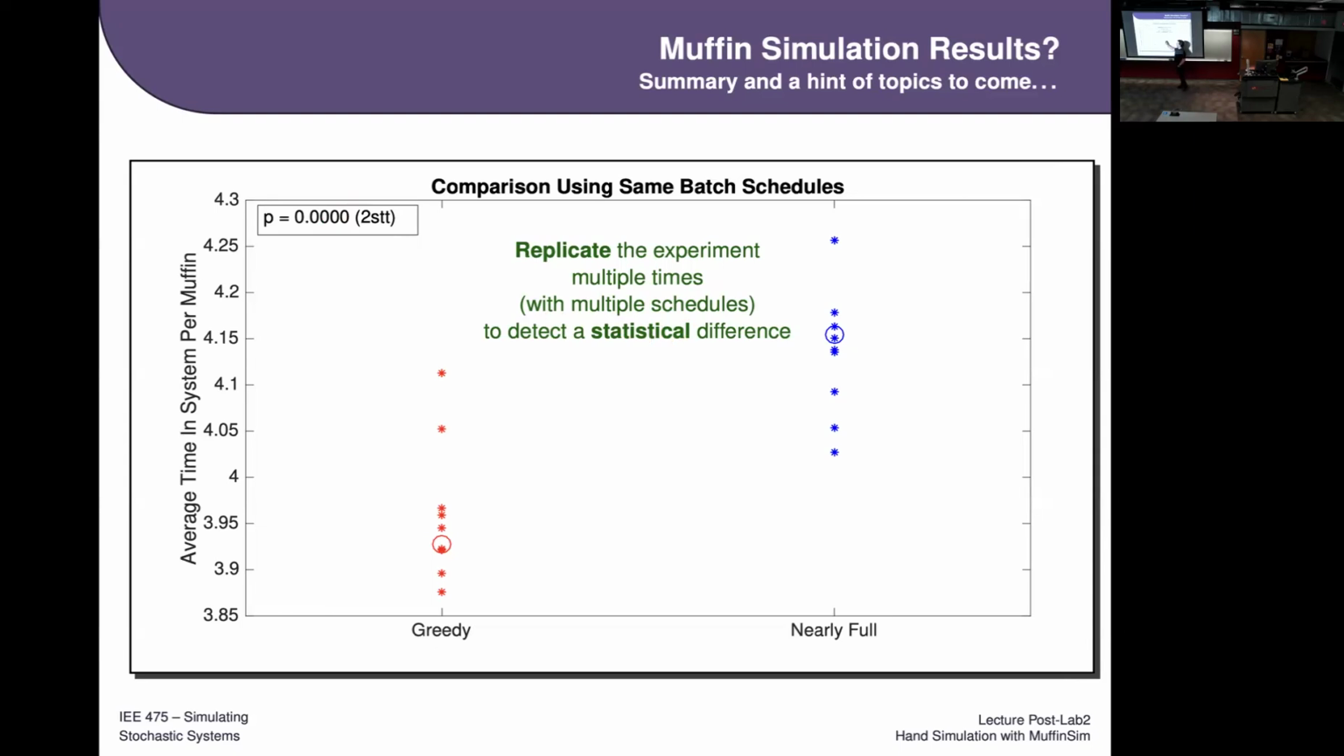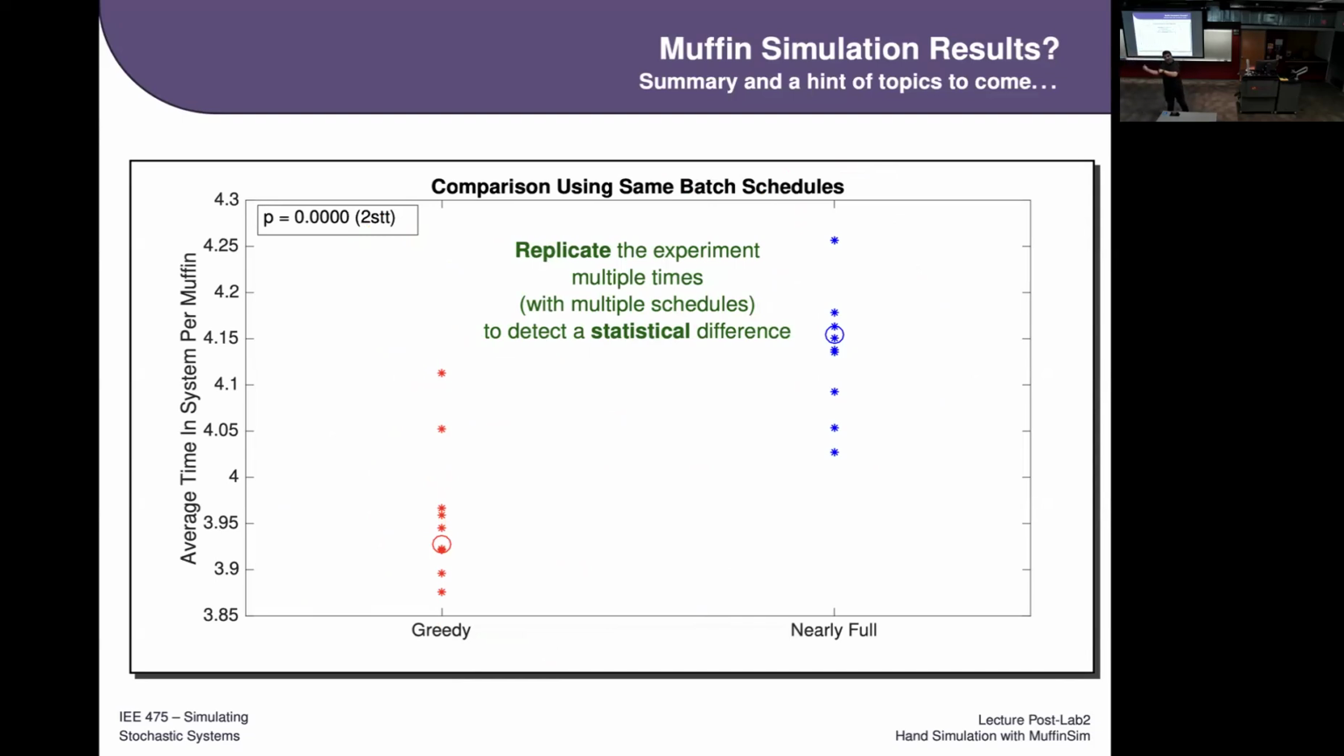Does anybody know what statistical test we use if we're trying to compare averages? We have data like this, and I want to ask whether this population has a lower, greater, or different average than this population. What's the statistical test we would use for that? A 2-sample t-test, right? The hint is right here: 2-sample t-test. But